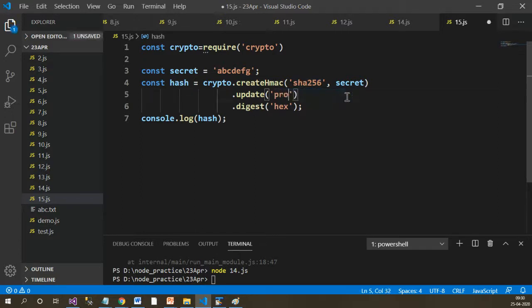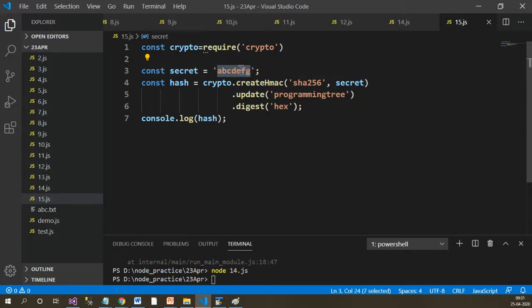Say I'll replace this message with some other message, say programming tree, and what will happen here is this programming tree is converted into the encrypted format using the algorithm SHA-256, and the secret key for the conversion is this one.